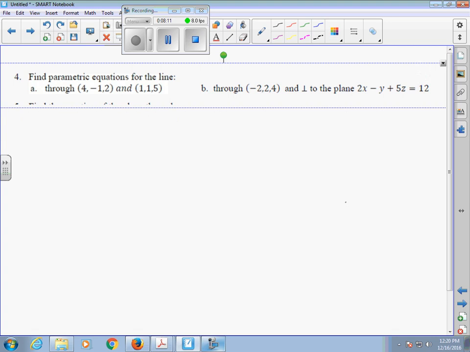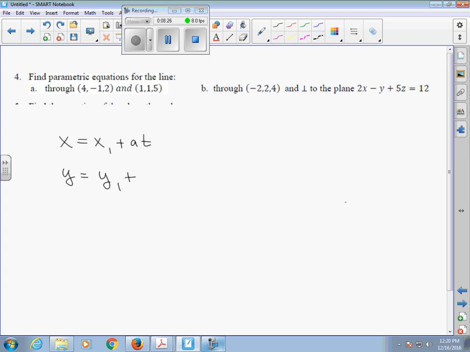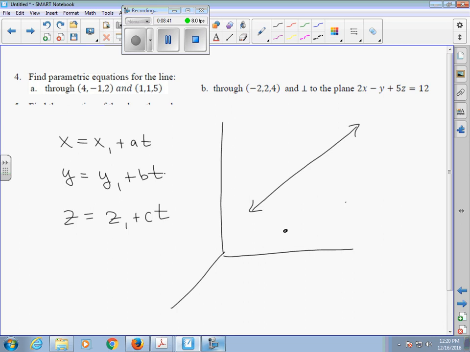Moving on to number 4, find parametric equations for the lines. The form of the parametric equation, you can skip all of this if you are solid with the equation, but a little review would be good. I'm going to go through why this is your parametric equation. So if I have a line in 3 dimensions, I have a line in 3 dimensions here. If I have a vector v like this, and this line,